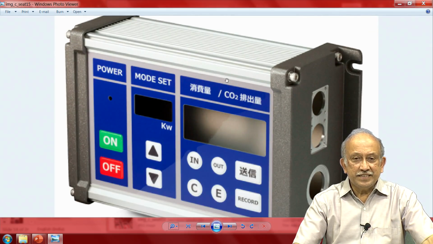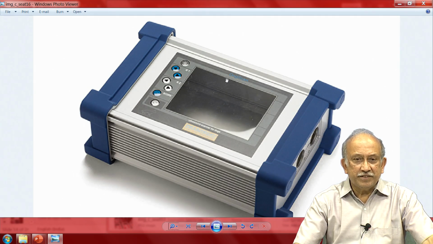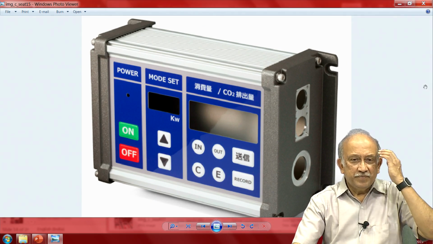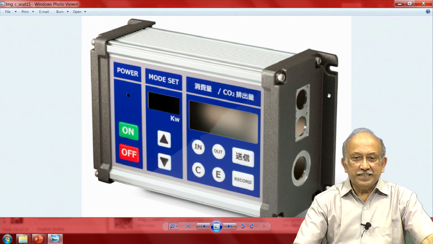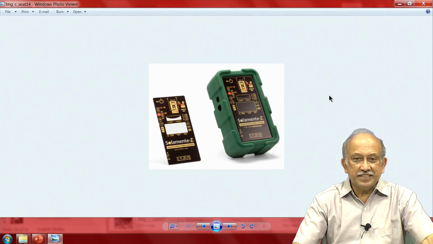So you see here, I think I have intentionally taken it from here. Probably both of them come from a similar manufacturer, but you see the way this front panel has been made, which you can easily design. So, like all groups, one person may be very good at making these interaction things.